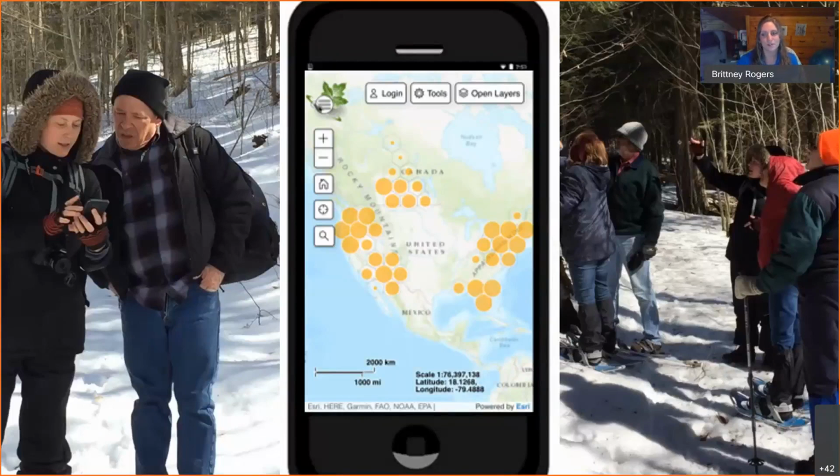So as Mitch mentioned, there's a couple different ways that people are currently participating in iMapInvasives, maybe not necessarily to the full extent that I'll be sharing about, but I really did want to highlight how important all of our volunteer observations and the participation from those who aren't working full-time to manage invasive species really is to us. So in the last couple of years of the iMap 3 update, there's that new online interface